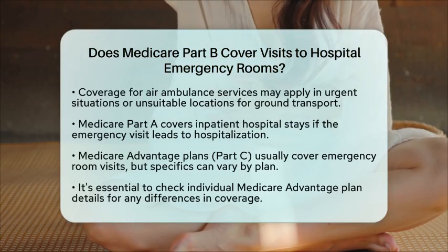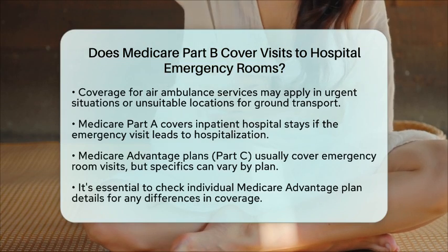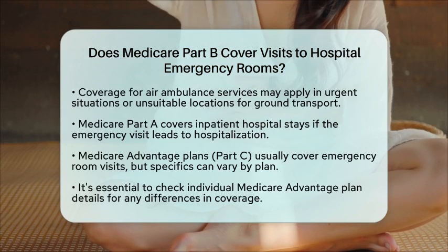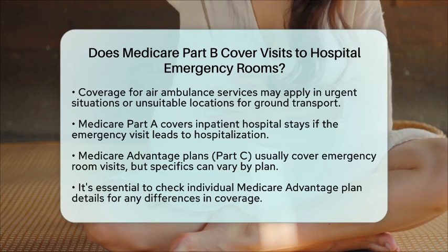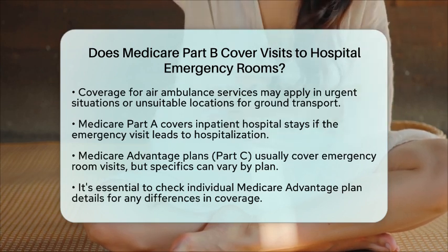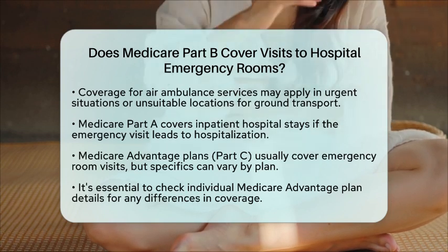If you have a Medicare Advantage plan, also known as Part C, emergency room visits are typically covered. These plans often offer benefits similar to original Medicare, but it is wise to check your specific plan details for any differences. In summary, Medicare Part B does cover emergency room visits as part of its outpatient service coverage, including